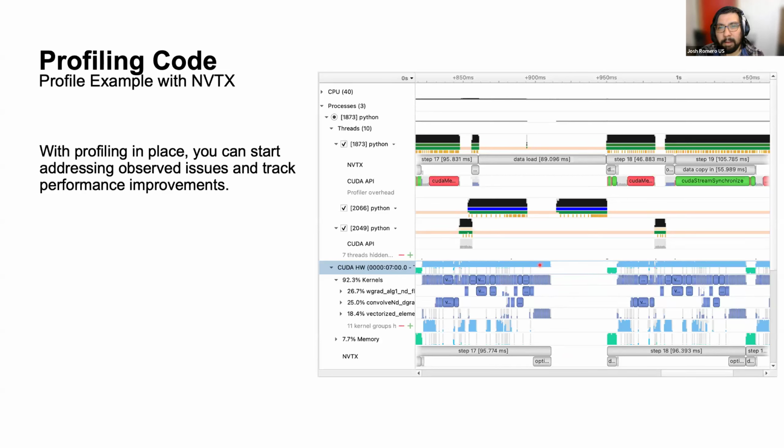What is that coming from? For example, here we can see this gap is due to this data load stall, from this range that we added between steps. So at some point there's a data load that's taking longer than we want, and it's causing the entire GPU to wait for data to load. So that's kind of the power of this type of timeline profiling tool,